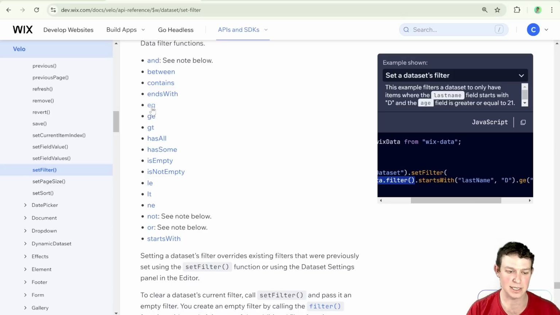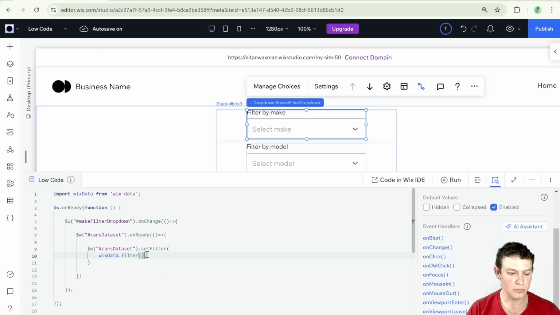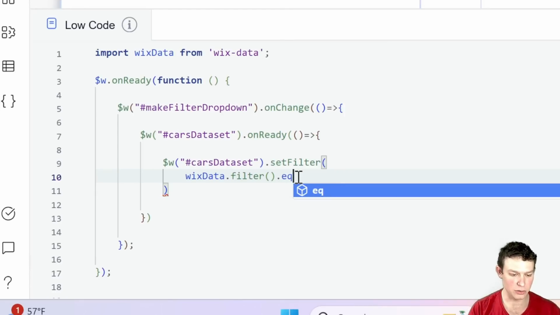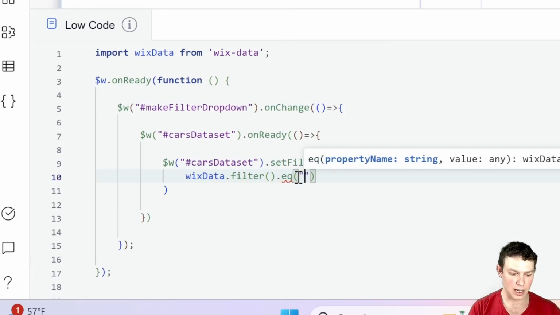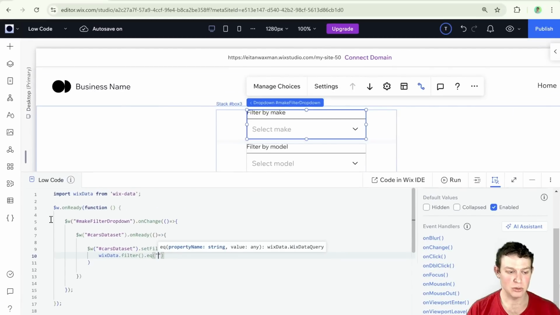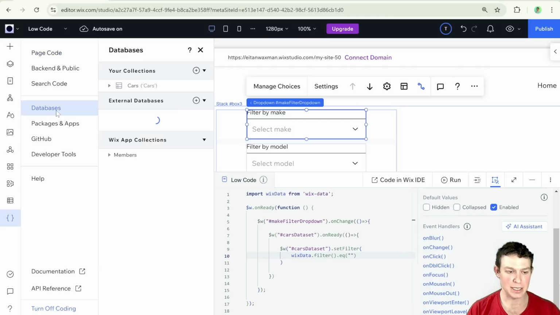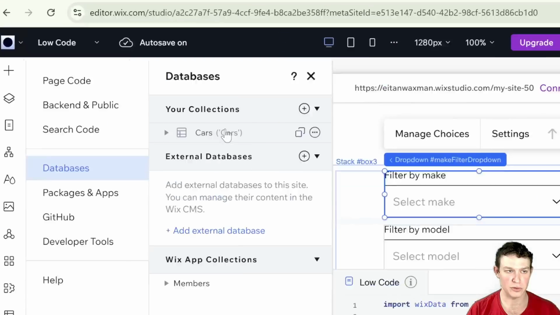Then we are going to use this equal filter over here. So it's EQ. And if I go back over here to my code for the filter, I can do dot EQ. And then I will want to add the field ID of the field that we're going to be filtering by. So to find the field ID, you can go over here into the code panel and go to databases